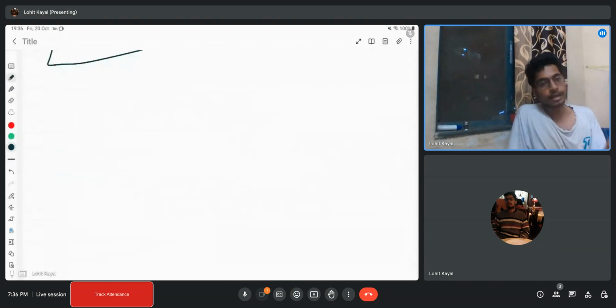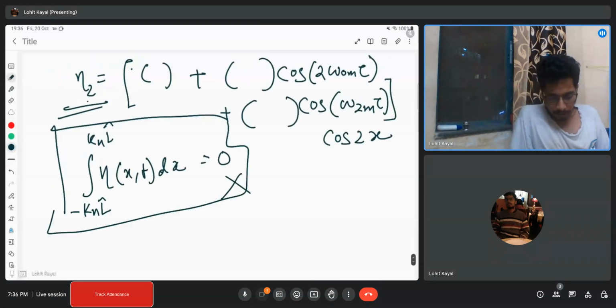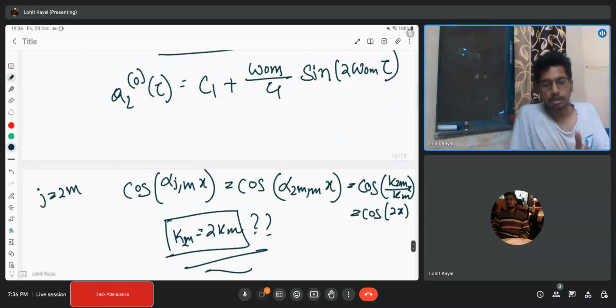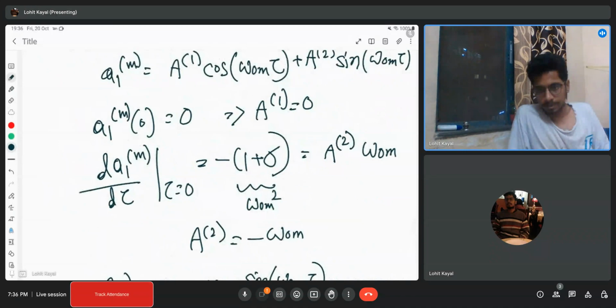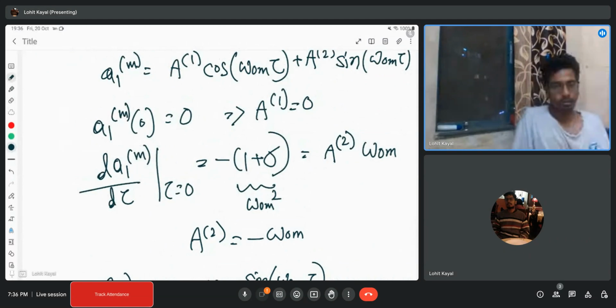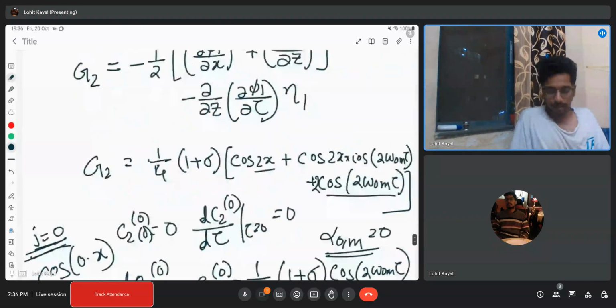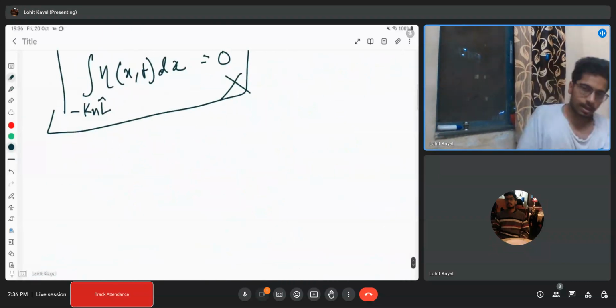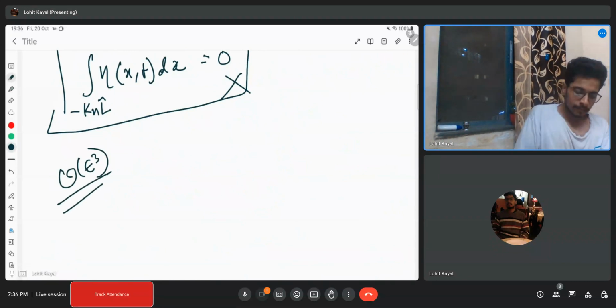and for eta 3 we will get contribution at j equal to m and j equal to 3m. Now remember that the contribution at j equal to m will be a secular term. We have solved many problems using the Lindstedt-Poincare perturbation technique, where at some order we need to eliminate the frequency correction term. The frequency correction term appears here also. At the third order, you can eliminate the frequency correction term. So at the third order, at order epsilon cubed, you will get the value of the frequency correction term omega